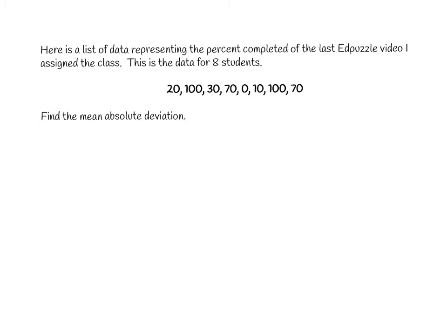All right, so I have 8 students, and the good thing about mean absolute deviation, and all the problems that I looked at, is that it always tells you how many numbers we're going to give you. So you don't even have to worry about miscounting the numbers. Okay, so find the mean absolute deviation. The first thing I'm going to do is find the mean. Now, if I were you, I would pause the video, go ahead and do that, and then play it to see if I did it right.